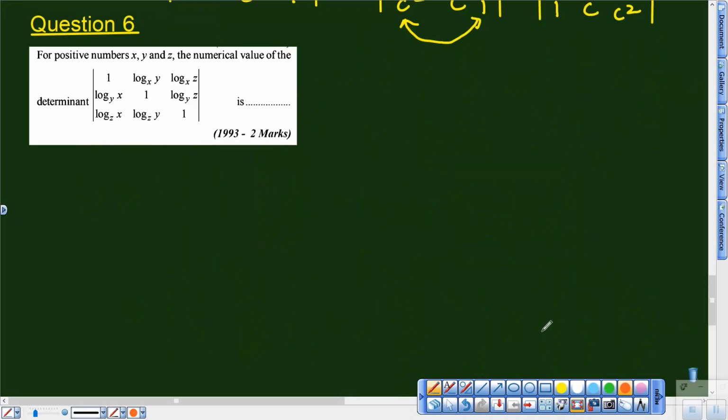Well, this is the sixth question, and again it is a fill in the blank kind of question asked in JEE 1993. Now, for this question, I discuss some background of the logarithm. You know that log a to the base b can be broken down into log a to the base c upon log b to the base c. That is, any new base can be introduced which is legitimate,